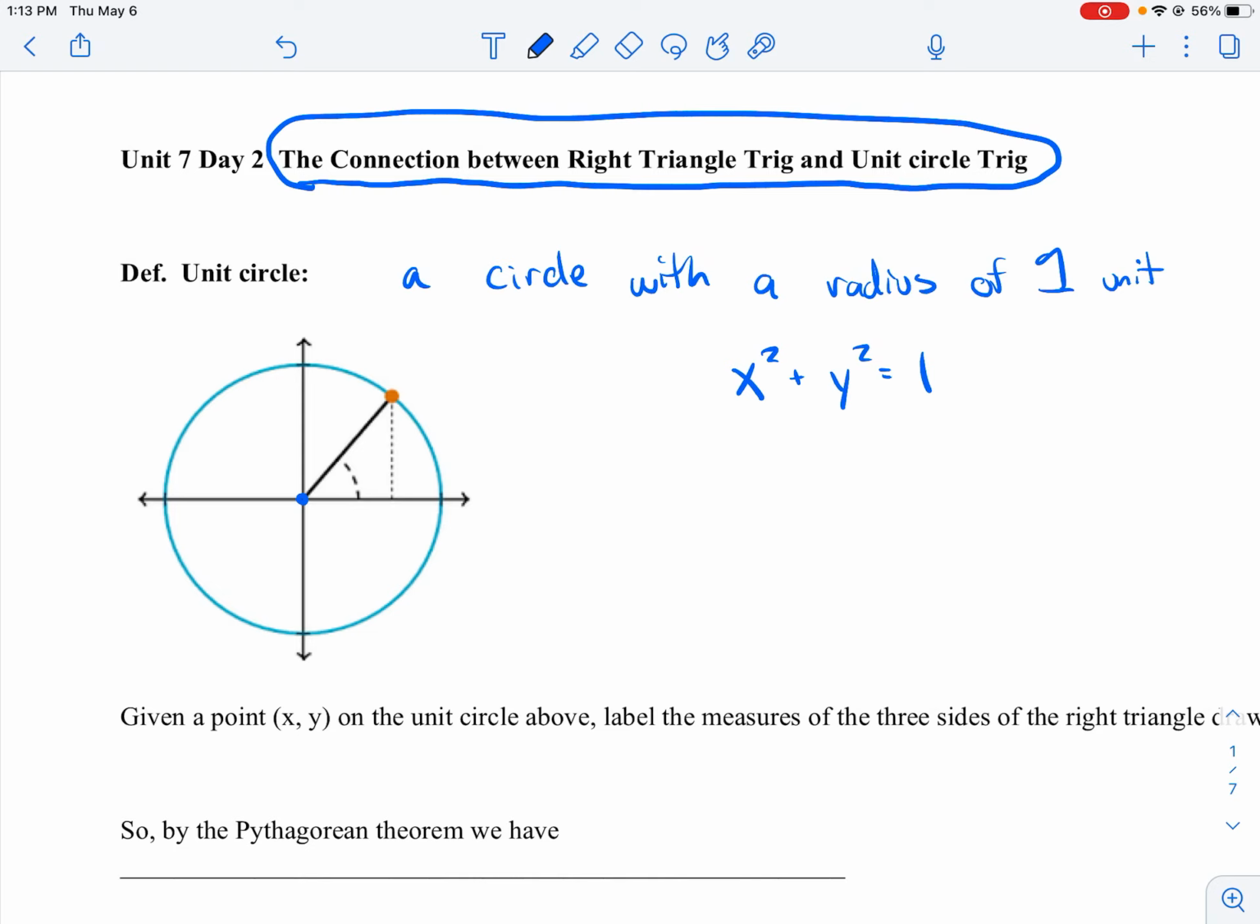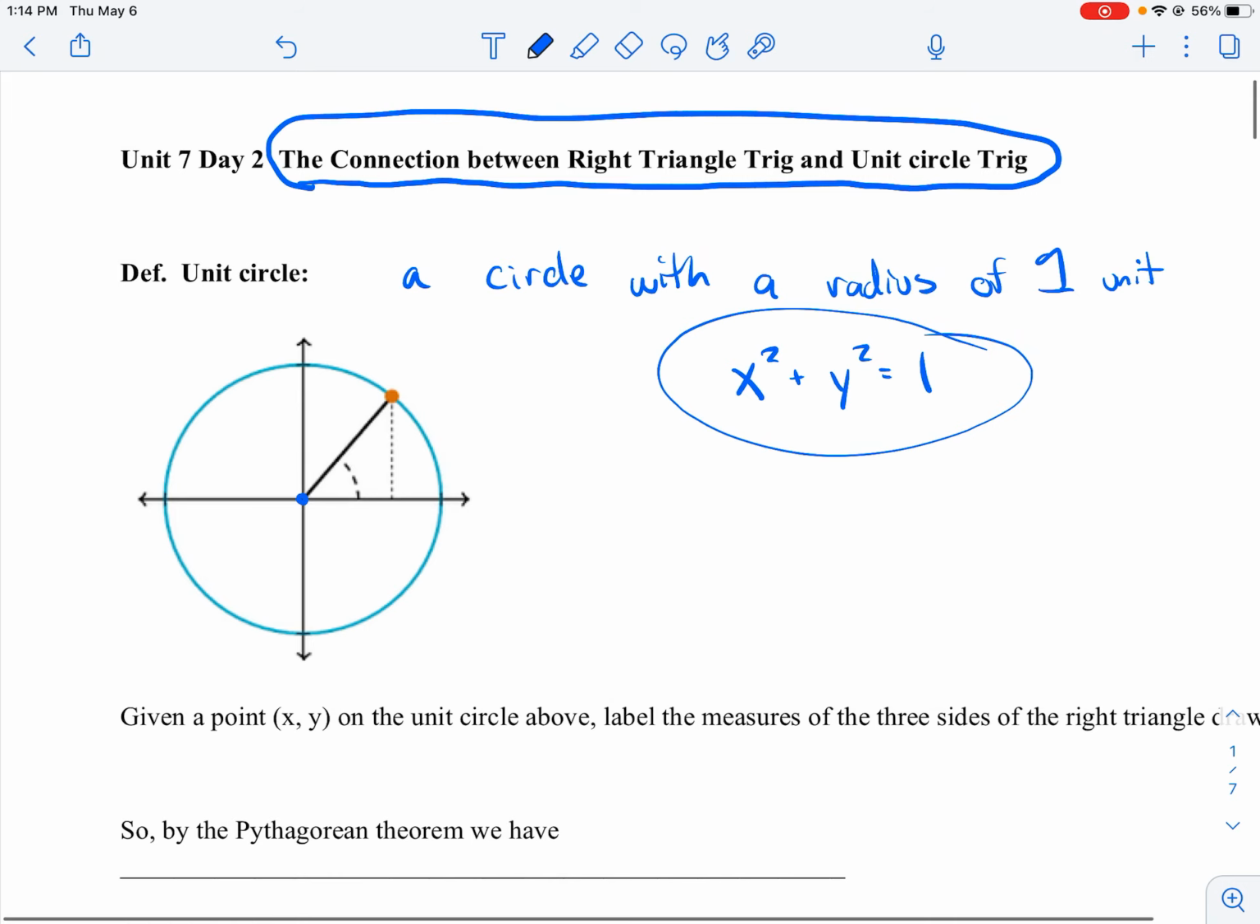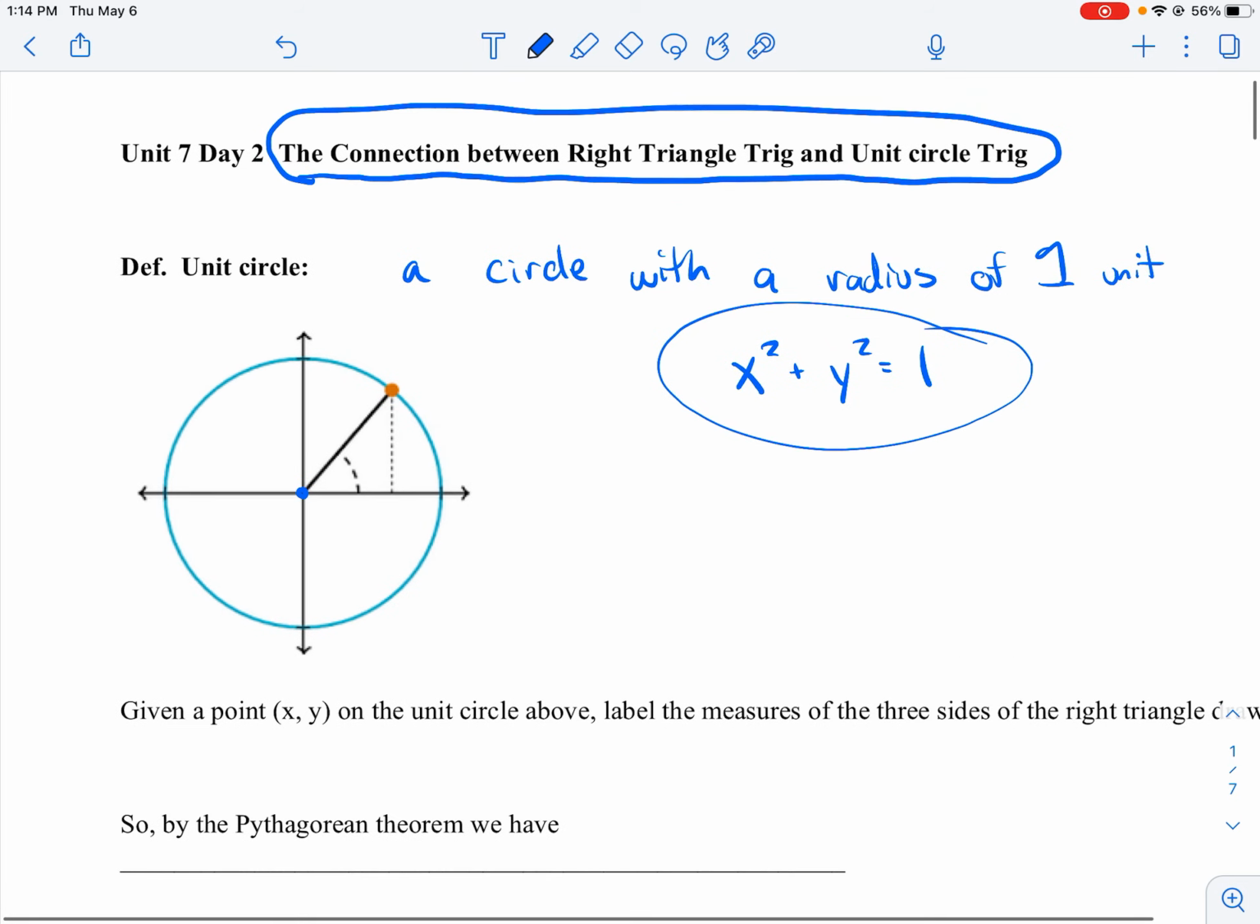And so any equation of a circle located at the origin always starts out with this piece, and then this piece is your r here. And so in this case, our r squared, or 1 squared, is just 1. Okay? So that's the equation of a unit circle. Hopefully that seems familiar. All right? We touched a little bit on that in our quadratics unit when we were writing the equations of